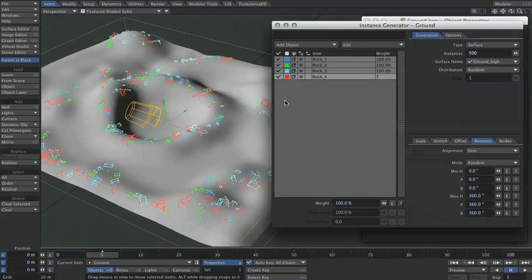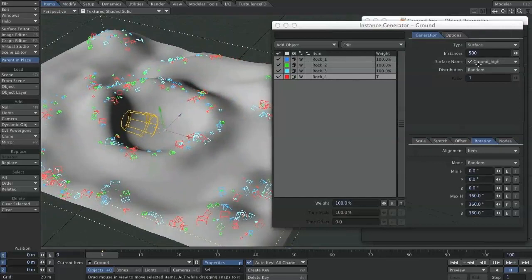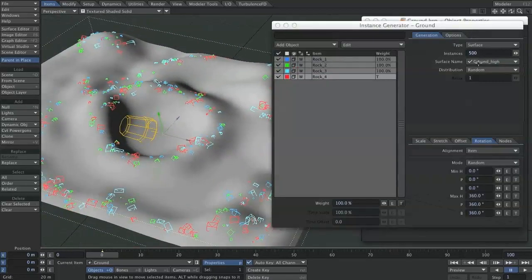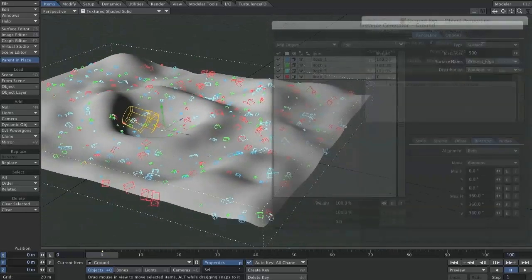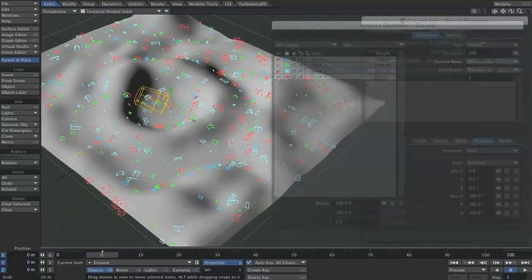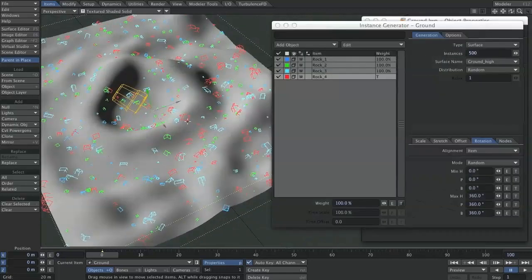Sorry, you can see the effect because I've actually selected ground high, which is the surface that we don't want them on. So click on ground instead and get rid of ground high, and there we go. So now we've got them all. I don't quite know what these guys are doing up there. They shouldn't be there, but